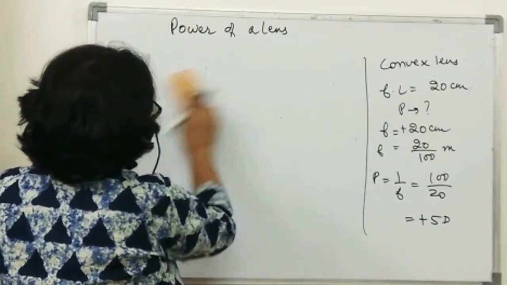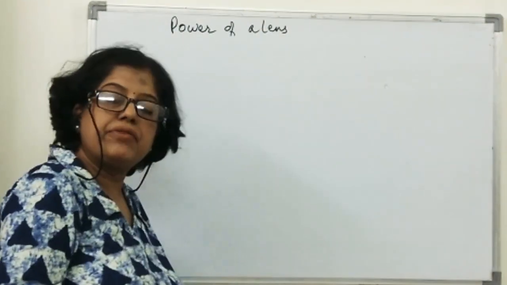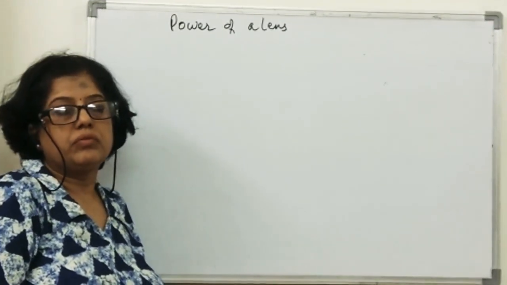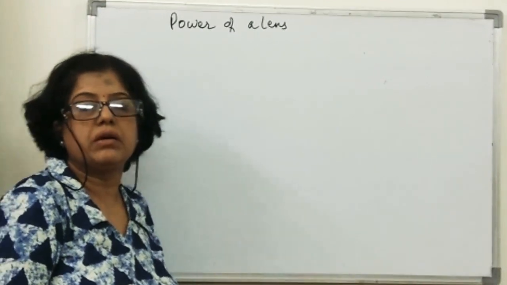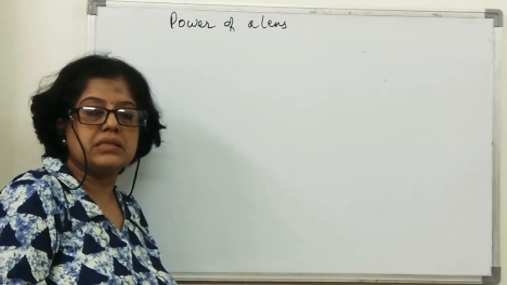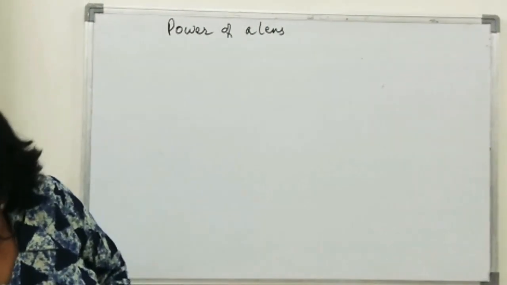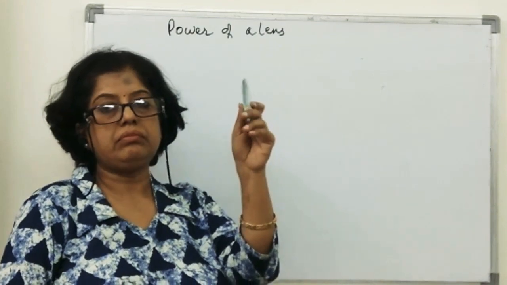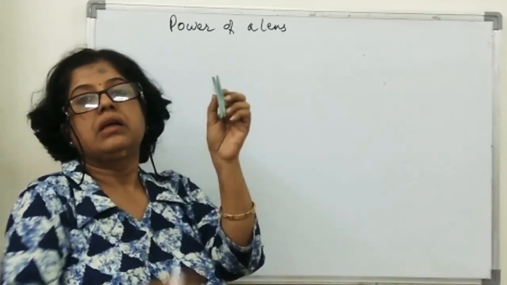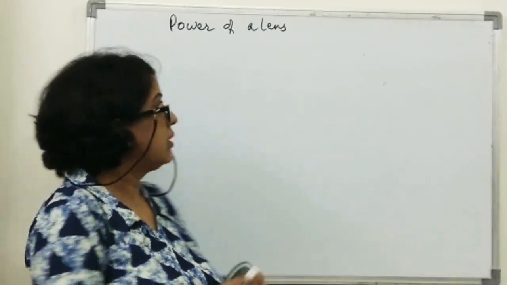Now, in certain situations, we have to combine lenses to increase the magnification of the image, or for a better, finer image. We combine lenses in devices like microscopes, telescopes, etc. Now, when we combine lenses, how do we calculate the power or the focal length of the combination? Let us say, suppose we have two lenses. Let's say this is a convex and this is a concave lens, and they are placed in combination like this. In such a situation, how to find the power and the focal length of the combination of lenses? So how do we do this?